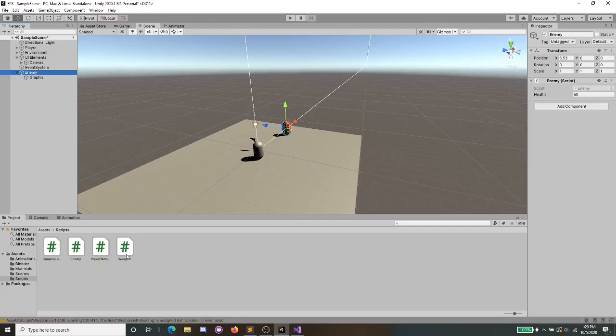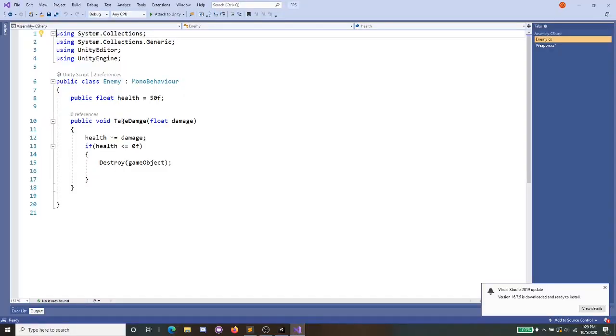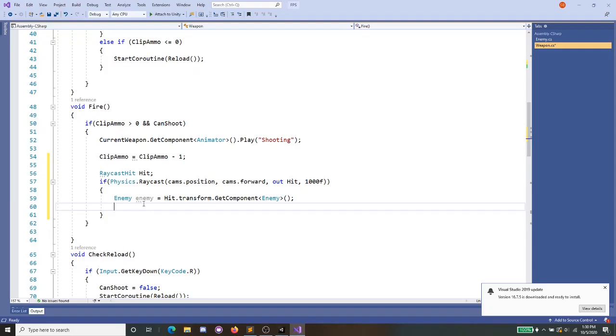In our script enemy, we have a function that is called take damage. So all we need to do is call this function called take damage, and pass through a variable or amount of damage. So if I go back into our weapon script, first I can check if this script is even there or not. So if enemy is not equal to null,